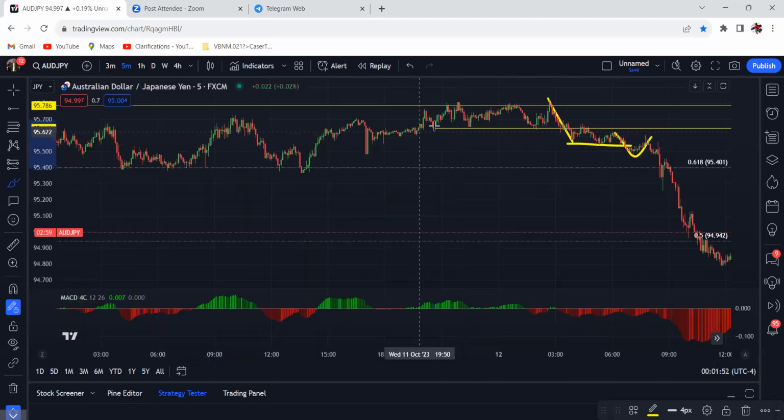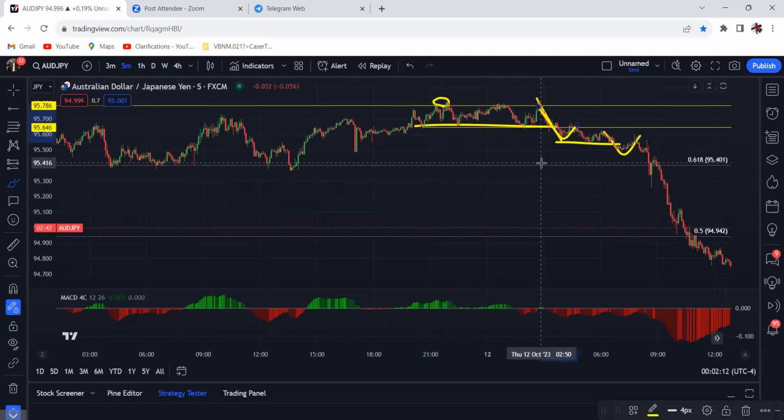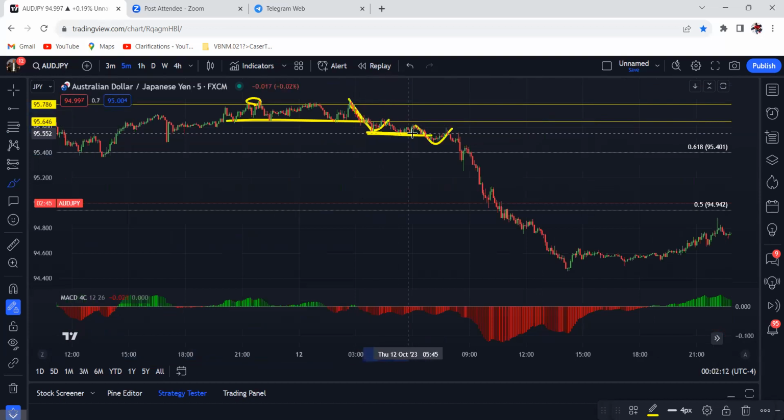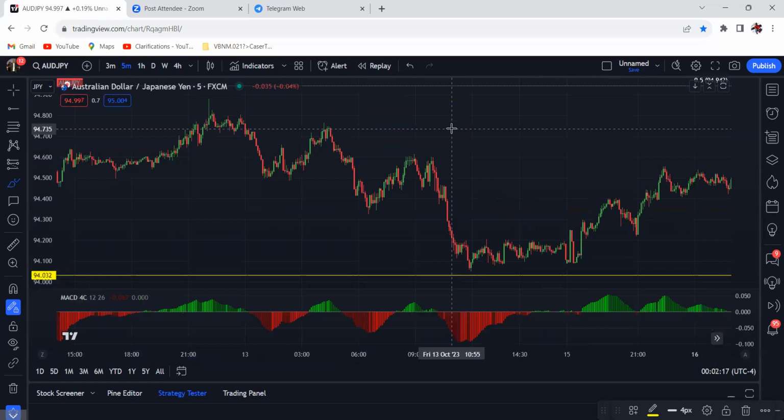You want to always wait. So this was your high point. This was the change of character that we needed. This is actually a retest, basically like on the 3 minute, 1 minute. But if you don't catch it or price doesn't pull back, you wait for the break and then you wait for the next retest. All right.